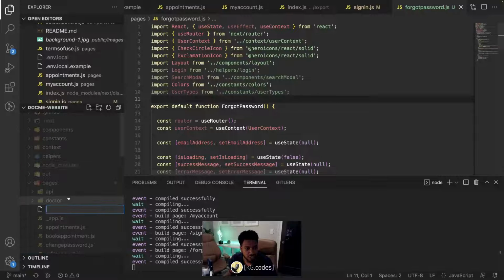I gotta make a link to it, so I don't even know where I'm gonna make the link, because the link would be the email. But yeah, I can just link to it directly and show y'all how I do that. So I'm gonna make a reset password page,